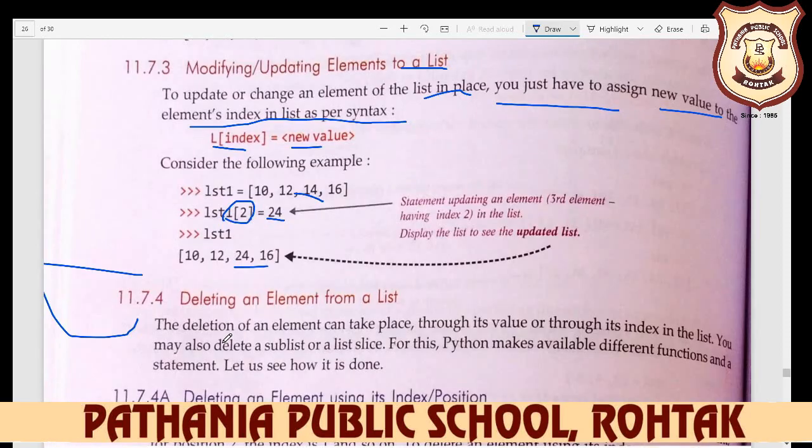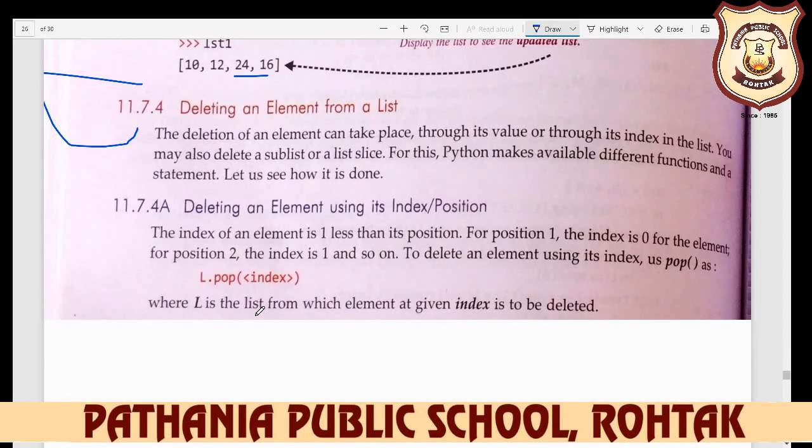Deleting an element: how do you delete any element from the list? To delete an element using its index position, just specify the pop function and then specify the index, and your particular indexed value will be removed. To delete an element using its value, if you want to remove a particular value without indexing, you write the remove function. If you want to remove an item by value, you use remove, but if you want to remove a particular item with the help of the index, then you use the pop function. So just write remove(24). No matter what the index of 24 is, only 24 will be deleted from your list.